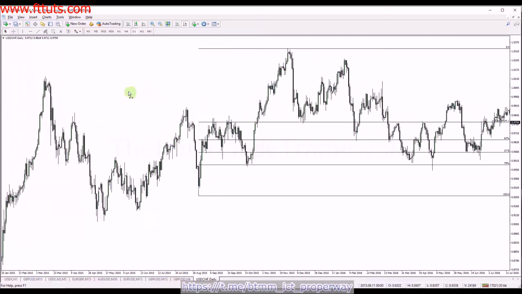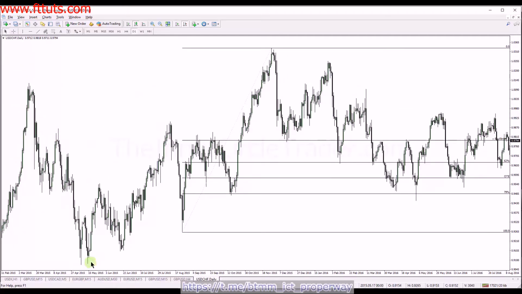there's nothing more significant than that except for this one back here, but we're going to primarily use this one because it has a very strong reaction. We can use these back here, and I'll do it for completeness' sake later on in the video, but for now I want you to see we have a very strong impulsive move away. Then it comes back, retraces, then it has another strong impulsive move away and comes all the way up here